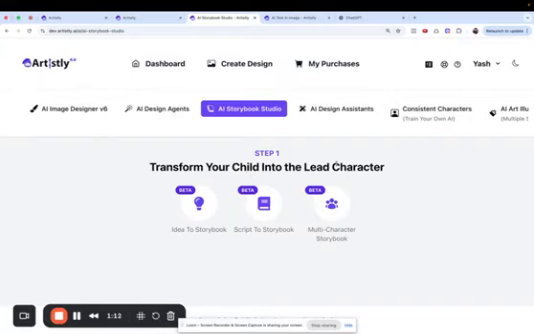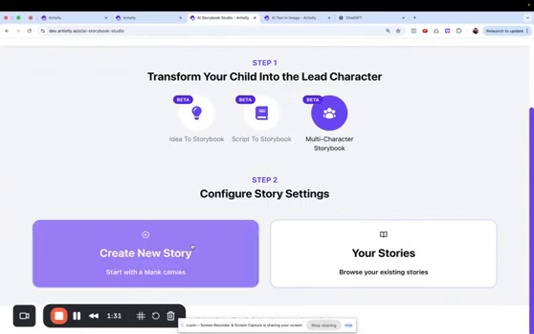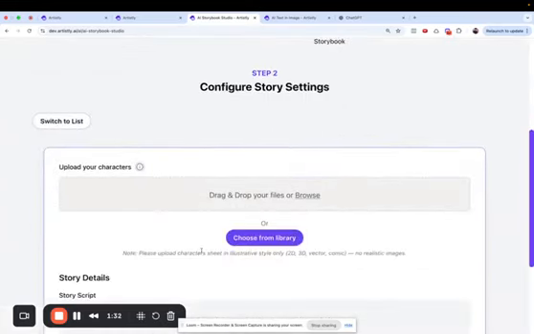Okay, so we're all in the Storybook Studio. We just created this studio to create storybooks, right? And we have a new feature called multi-character storybook. Now you might say, hey, yes, it is already there. What's the change? We upgraded this system. Now when you click on it and click on create new story, it will ask you, hey,